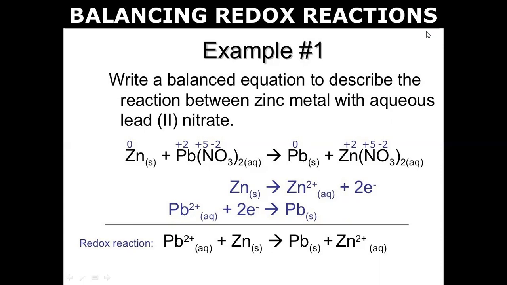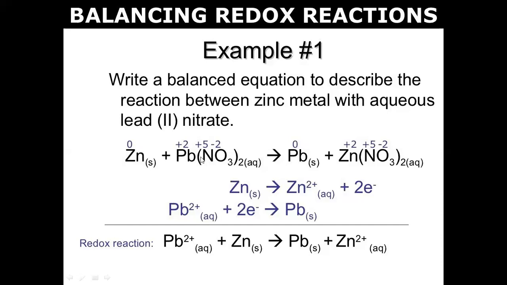Clear? We need to find out the oxidation number of a particular element in the compound. As you can see with zinc, I have already told you, if an element is single or diatomic, the oxidation state will be 0. Or if some charge is mentioned over the atom, that will be considered its oxidation state. For example, we don't have any charge on zinc, so the oxidation number of zinc will be 0. Next step is to find out the oxidation number of all the elements present in Pb(NO3)2.